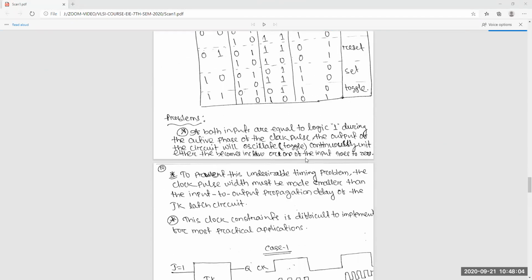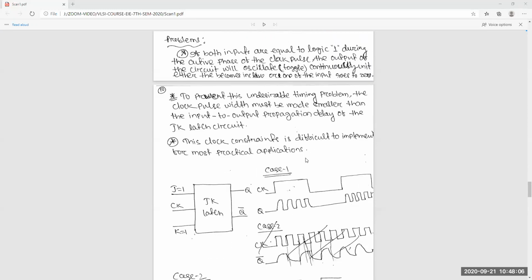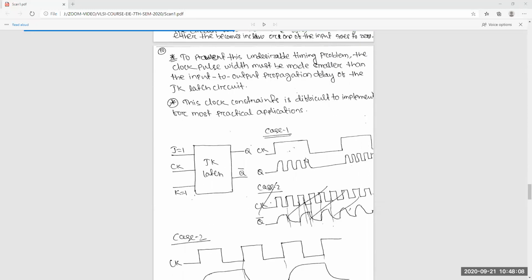So I'm assuming you know all these things. Okay. So here you can see in the first case what I said. If the clock period is high, then within that time you will get a lot of oscillations. Okay, and so that feedback will go, then it will toggle from one value to the next value, then the next value, like that.